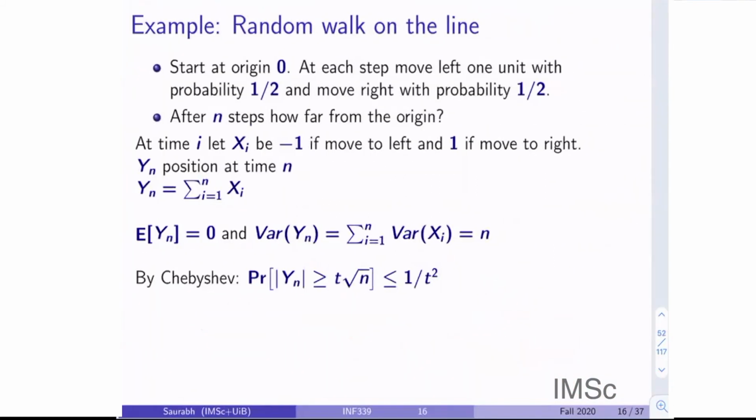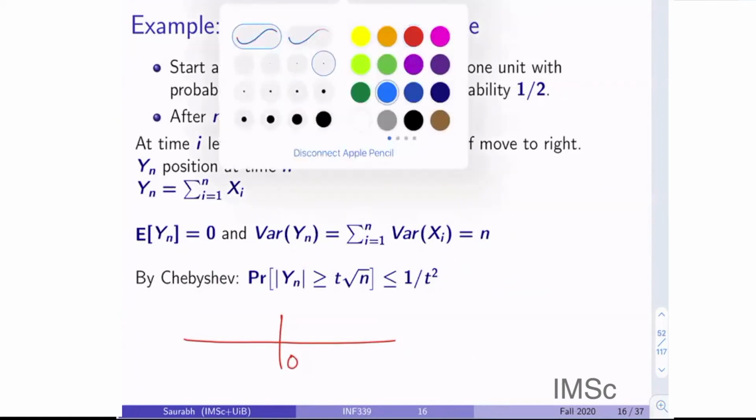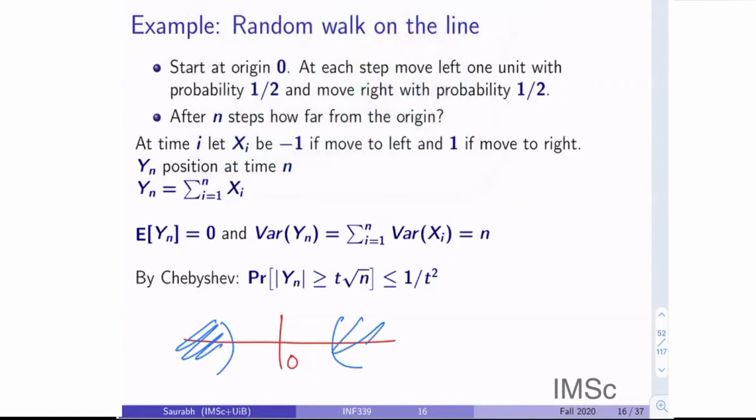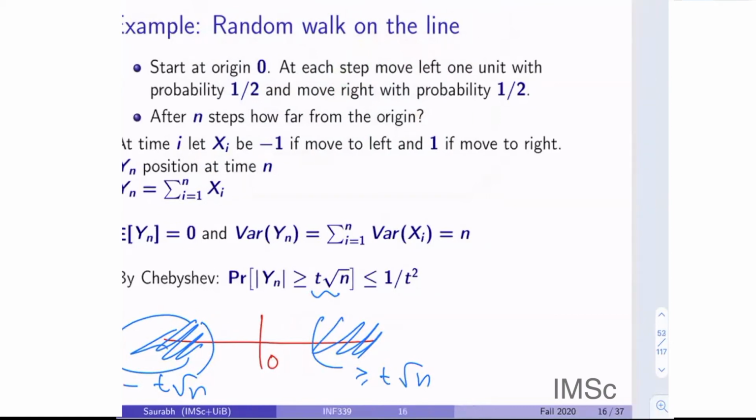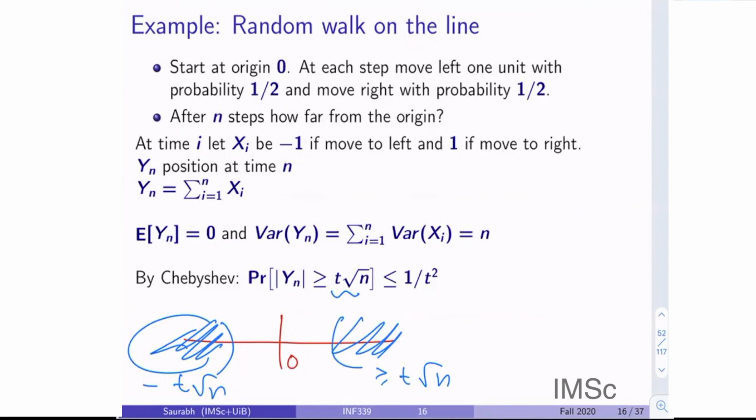Then now I can apply Chebyshev, right? What does this inequality mean? Here, this is 0. What is the probability that you are more than t root n away, or greater than or equal to some t root n steps? So now I can apply Chebyshev, and it will say that, with t times my standard deviation, this is less than or equal to 1 by t square, right? So if I put 10, then it will be 1 by 100 or something,